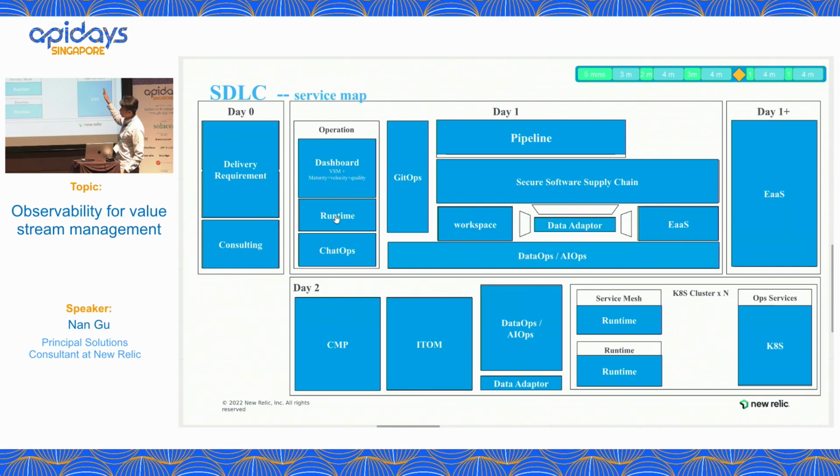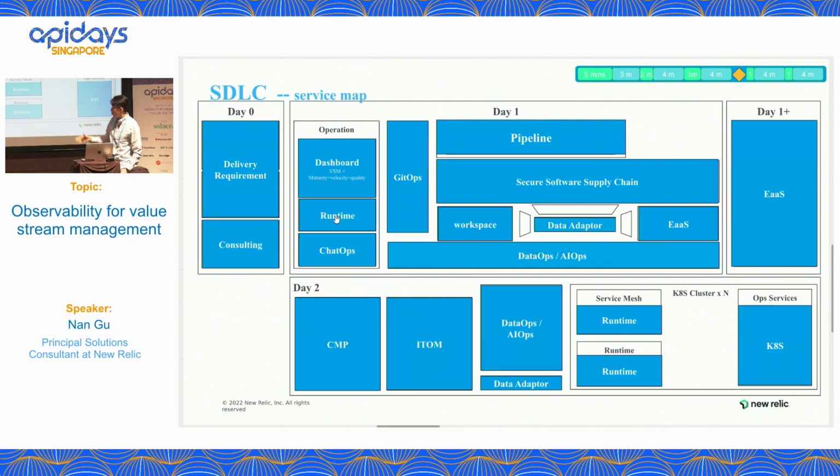And at day 1, we're starting with the developer understanding the requirement, figuring out coding, and then finishing the features and committing the code. That's day 1. Because the code is not in production yet, the end user is not able to use it. So that's called day 1. Day 1 means this does not return any value. Day 1 plus means the environment. Then by day 2, you will say there is multi-cloud management.